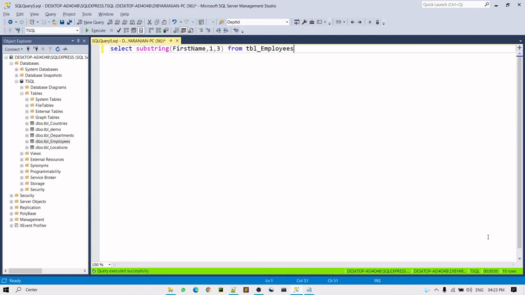Okay, so the next utility we have here is the F1 key. Here you can see I have written a substring function. If you want to know the functionality of this function, you just highlight this function and press the F1 key.